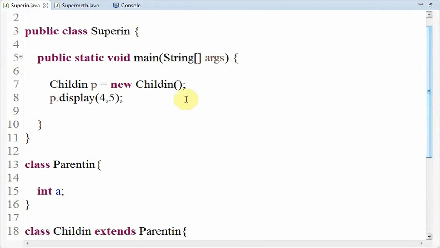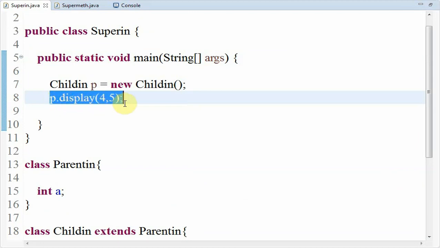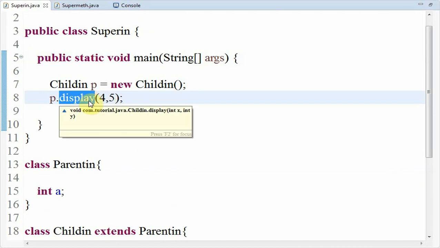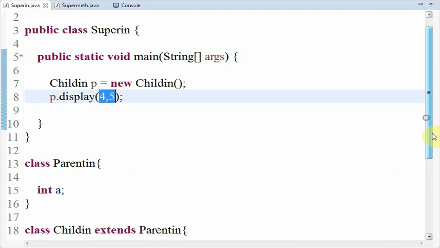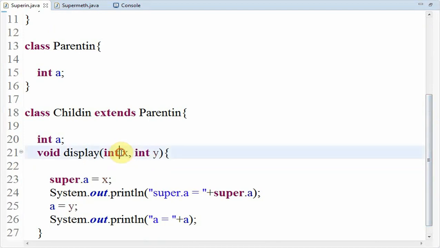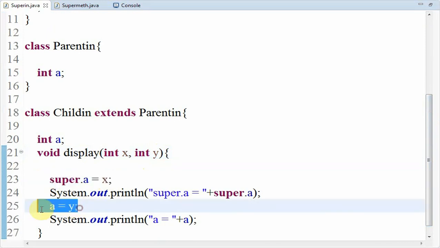So which means that in the main method I'm trying to create one object for the child class, and I'm trying to call the display method using the object name, or instance name, we can say. So the display method is called by sending 4 and 5 as arguments to the method. So x holds the value of 4 and y holds the value of 5, and those will be inserted into super.a and normal a.